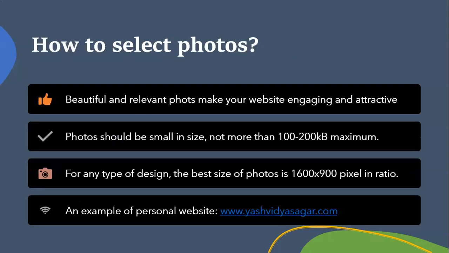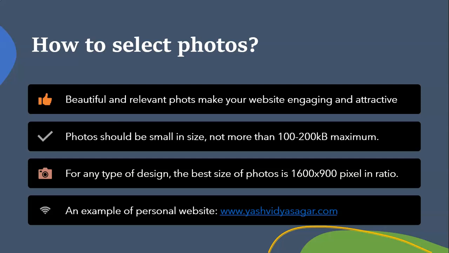So all these arts we shall tell you in this course. How to select photos, because photos make your website very beautiful, but sometimes what happens, the enthusiastic website designer takes a number of different photos with a very large size, and these large size photos cannot be properly downloaded by the visitors, so your website becomes very slow.